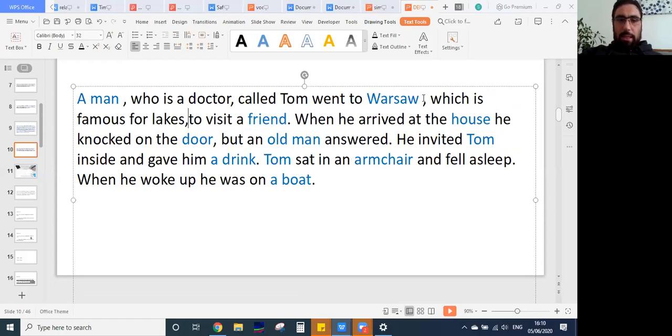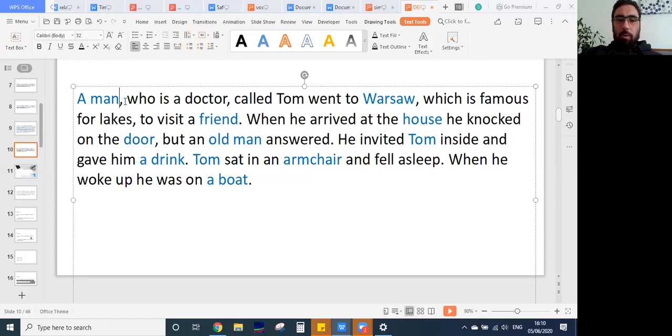Which is famous for lakes. Okay. Went to Warsaw, which is famous for lakes, to visit a friend. So now we're going to put a friend, comma,